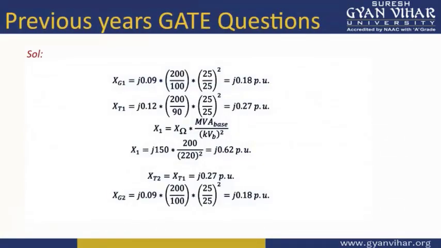So that's all for today's lecture. I hope you have understood the concept of the per unit system, per unit quantities, how to change the base values of the transformers, and how to transfer the base quantities or the per unit quantities from the secondary side to the primary side. We have also seen a few of the GATE questions from previous years on per unit quantities. Believe me, at least one of the two questions definitely comes in the GATE examinations based on this topic. And this topic is also very important from the basic concept point of view of power system devices.